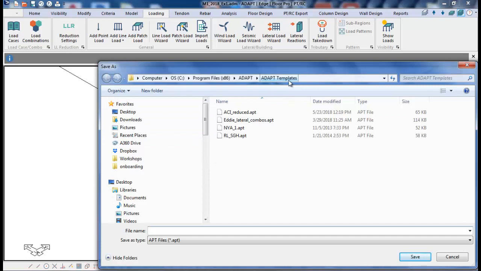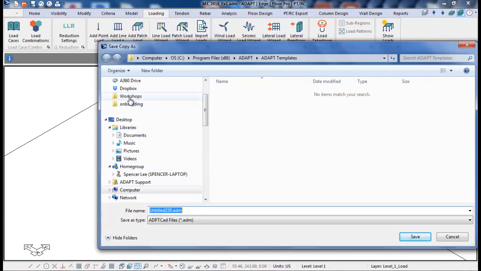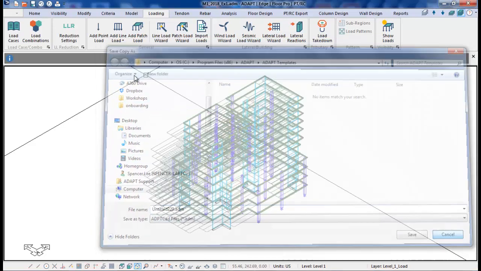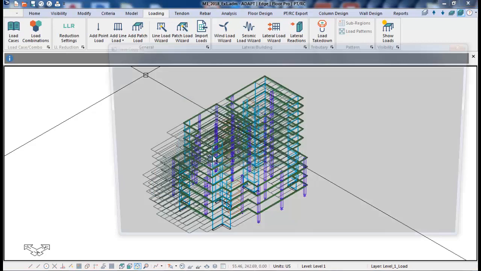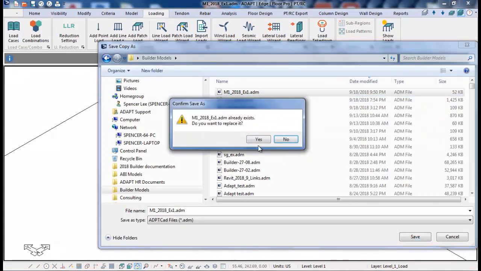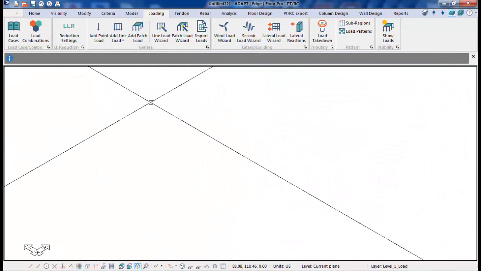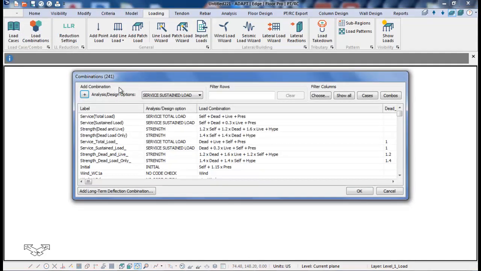This folder can be placed anywhere. It can be placed on a network drive, a local drive, and we'll just name this example 1. If I save this model, and let's say I want to create a new model, I'll go here to New. I'm going to create it based on that template file. So I'll select EX1, I'll create, and we'll save those changes. When I open that template file and I navigate back to load combos, those combinations are now stored as part